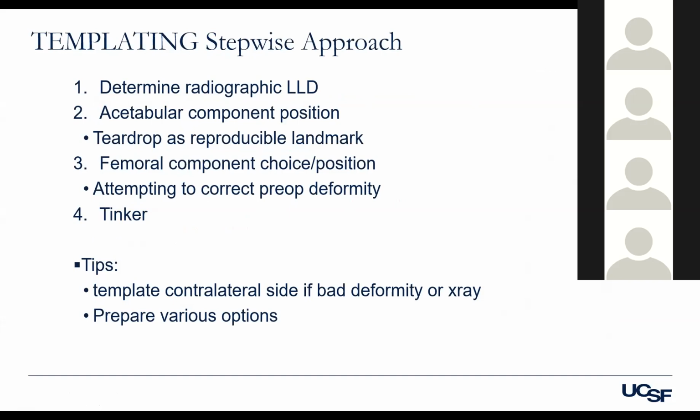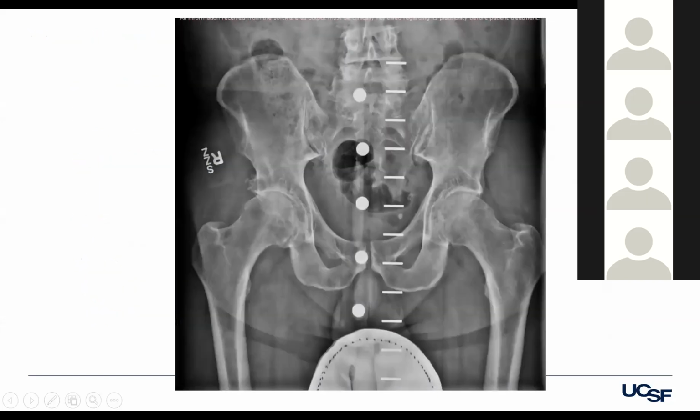First is make sure you have a good x-ray and make sure your magnification is right. Then get your leg length difference. Put your acetabular component where you think it should be, put the femoral component where you think it should be, and then tinker until your leg length and offset are what you want them to be. So, this case example,